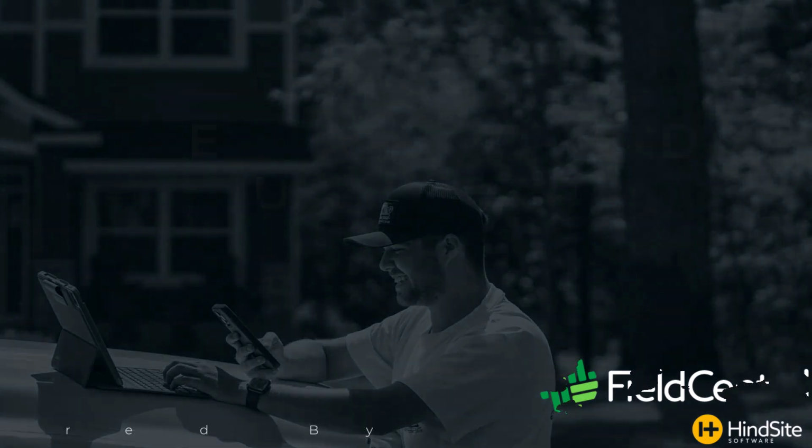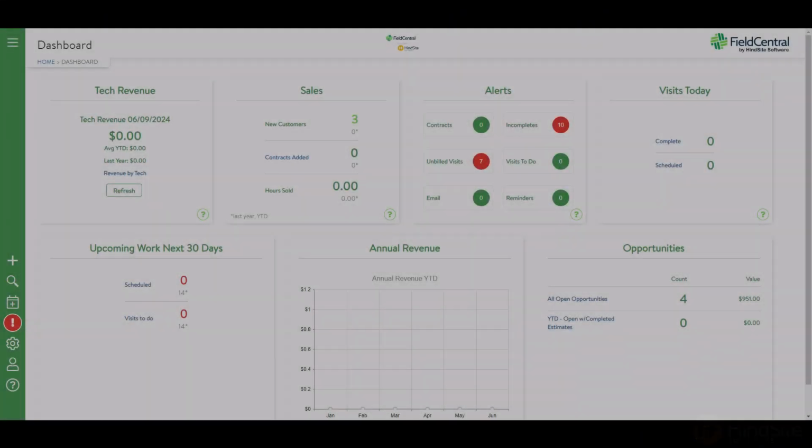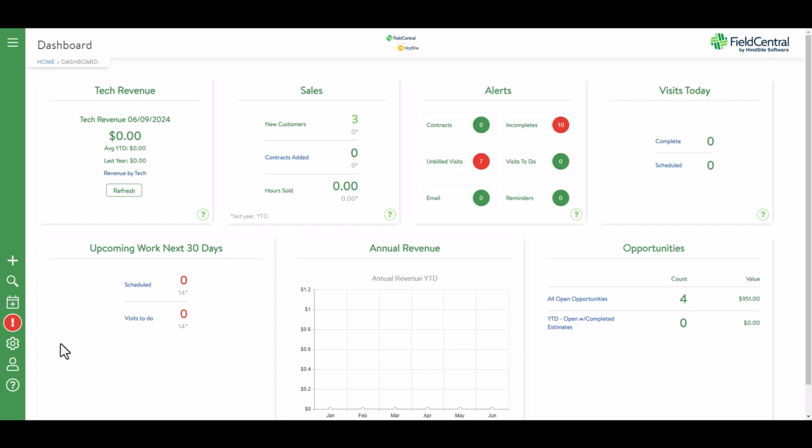Welcome! In this video, we will cover how to set up user-defined fields within Field Central and some best practices to ensure that the valuable information you collect via the UDFs can be leveraged elsewhere in the platform. User-defined fields, or UDFs, allow you to create custom fields on properties to track property-specific information. Whether you want to track a property's controller location, square footage, or water source, all of these can be created as UDFs for you and your team to leverage throughout the platform.